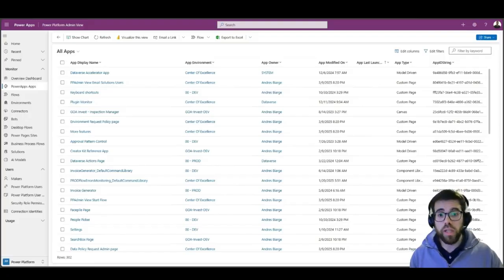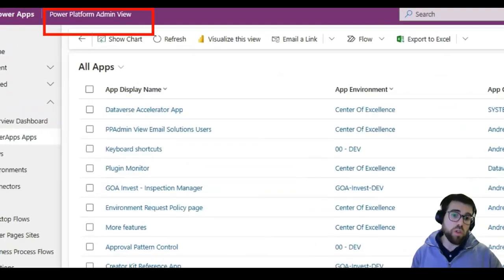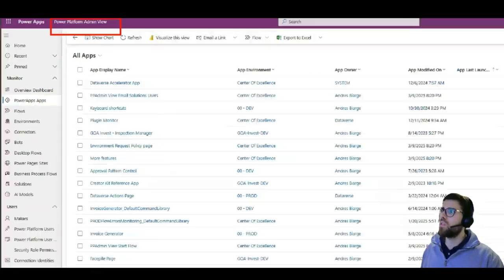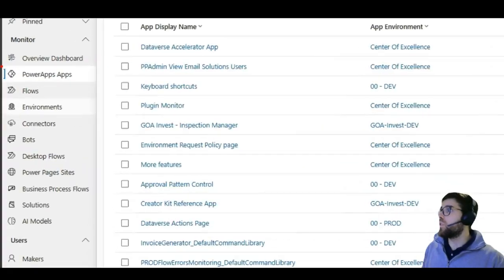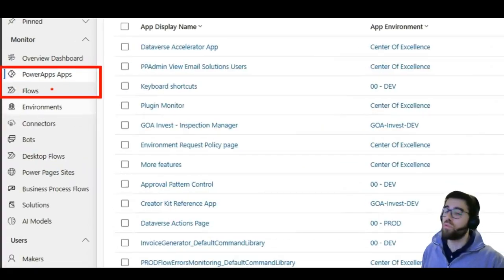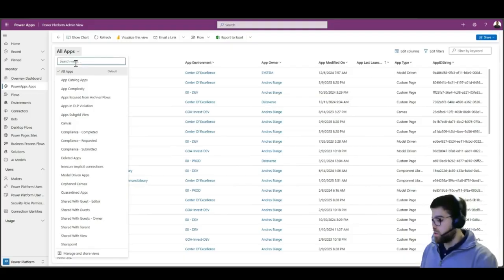So let's see how to detect abandoned or orphan resources in the Power Platform, and for that we can use the Power Platform admin view, an application that comes with the CoE Starter Kit core components. This is the main application that you will be using as an administrator of the Power Platform in your organization, and here you have to take care of the apps and flows that are orphaned. Very conveniently, we have a view for each of those. In this case, if we see here